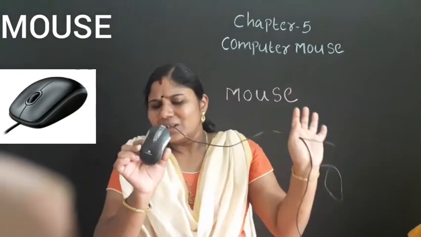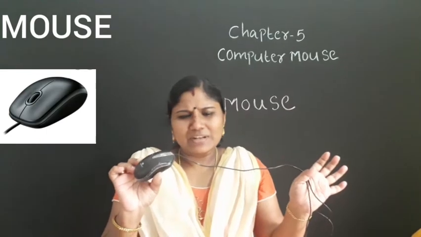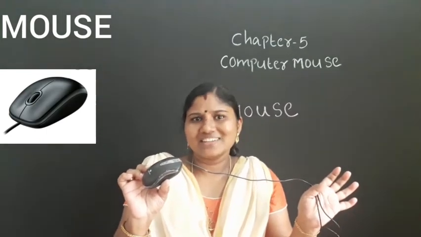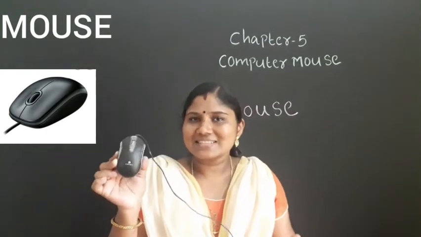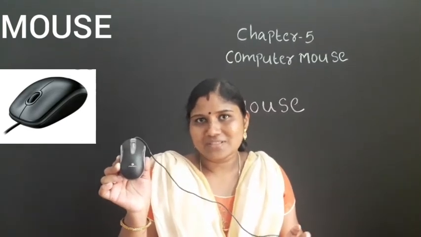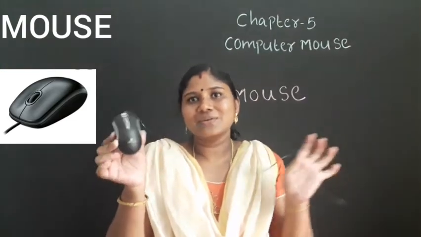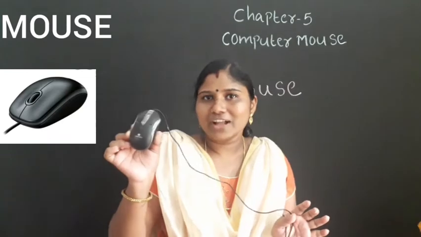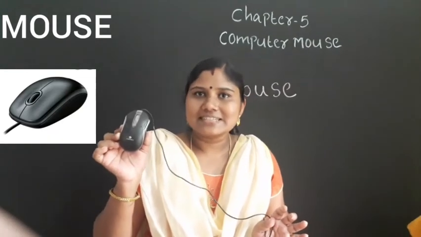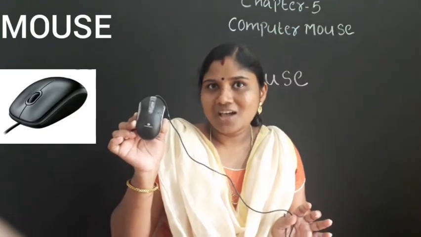Okay. Look, any speciality for this? Yeah. Does this look like the tail of a real mouse? Yes. Okay, this looks the same as a real mouse. This is the tail of the mouse. So, this is mouse. Okay, all of you understand what this is? Mouse is an important part of the computer. The shape of mouse is oval.